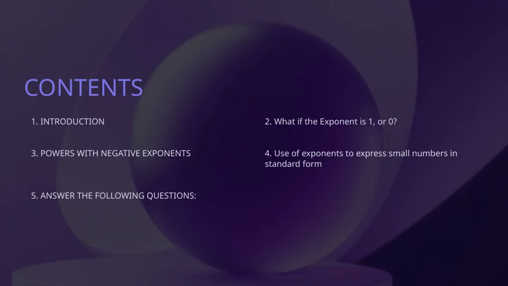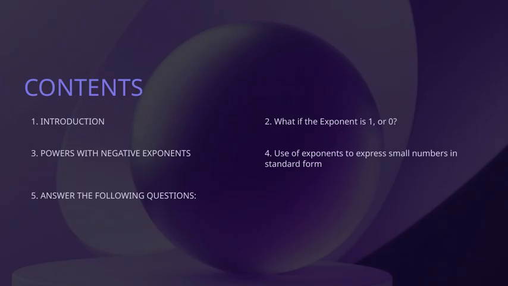Now, when the exponent is 0, things get a little more interesting. Any non-zero number raised to the power of 0 is always 1. So, 7 to the power of 0 equals 1, and this rule applies in most cases. This might seem counterintuitive at first, but it's a fundamental property of exponents that keeps the math consistent. Understanding these cases helps us simplify and work with exponents more effectively, which ties into our overall theme of mastering